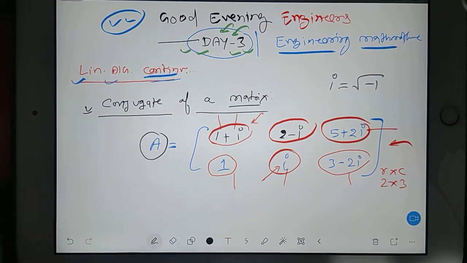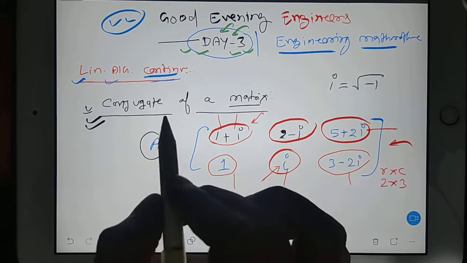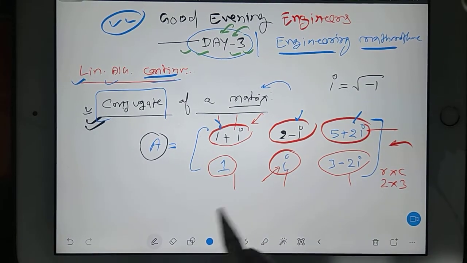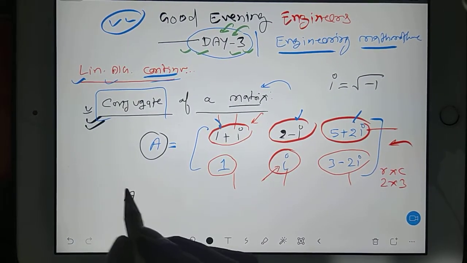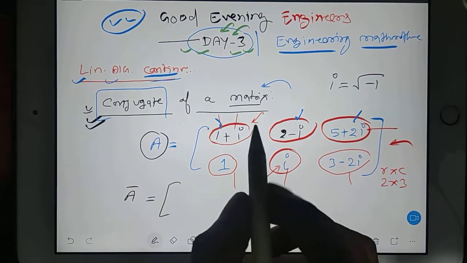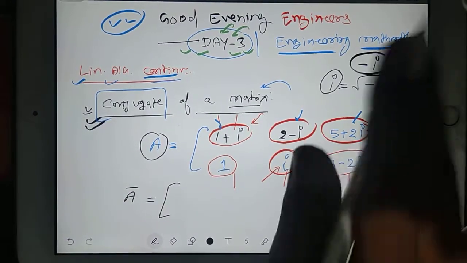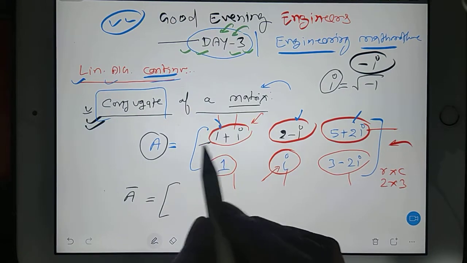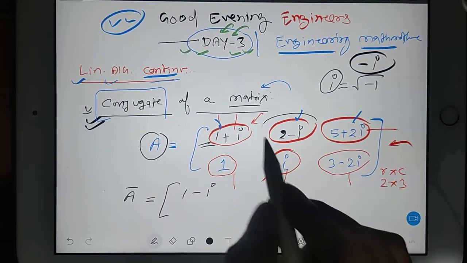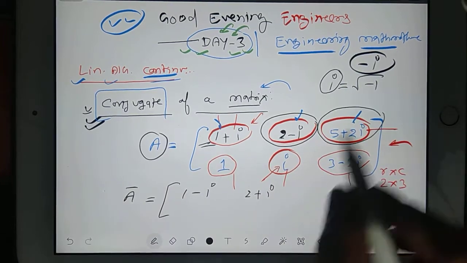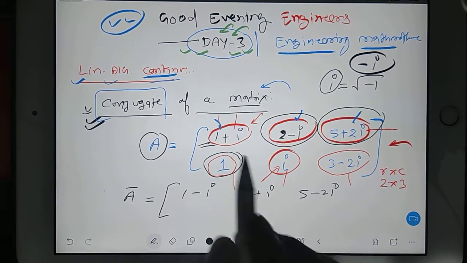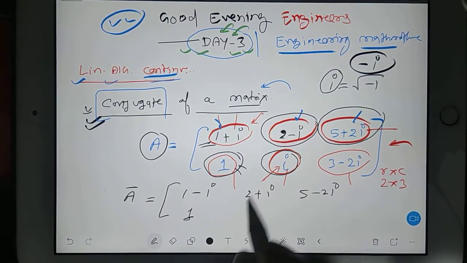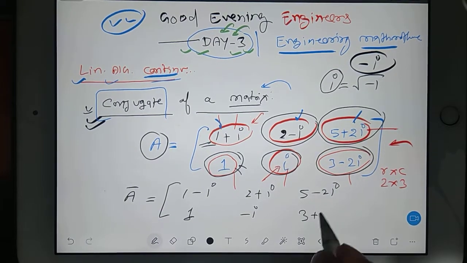Now for this given matrix I will find the conjugate matrix. It means that if you are finding the conjugate of a matrix, the elements inside the matrix are complex numbers. Then only we can find it. We give a new symbol, A bar. Change this i with minus i, that's all, and you'll get your conjugate of the matrix. Wherever you have i, replace it with minus i. So it will be 1 minus i, and this will be 2 plus i, and this will be 5 minus 2i, and this one is the only real part here, correct? So there is no change in 1 because I don't have i here, and this i will be minus i, and this 3 minus 2i will be 3 plus 2i.